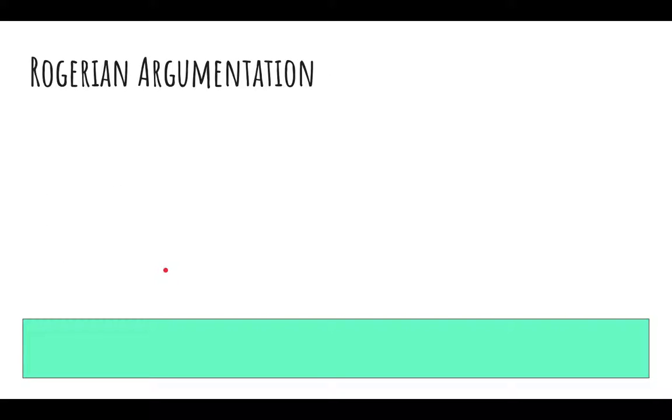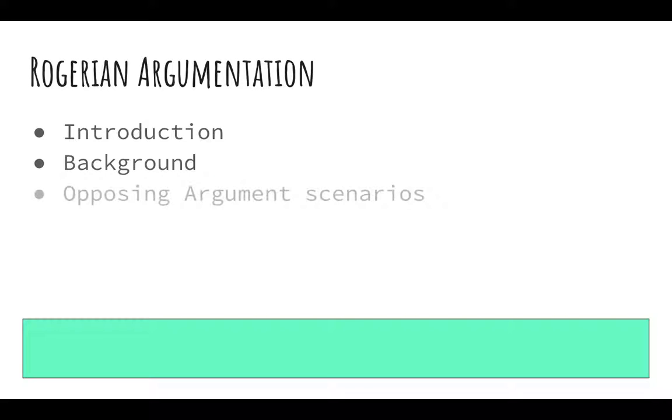Rogerian argumentation, remember this one? This is where you do have introduction and background, one paragraph, just like any other paper, but you don't include a thesis statement because the first thing you do is you provide scenarios where the opposing argument might be true. This might be a good argumentation style for you if you decide for the argumentative exam that you are going